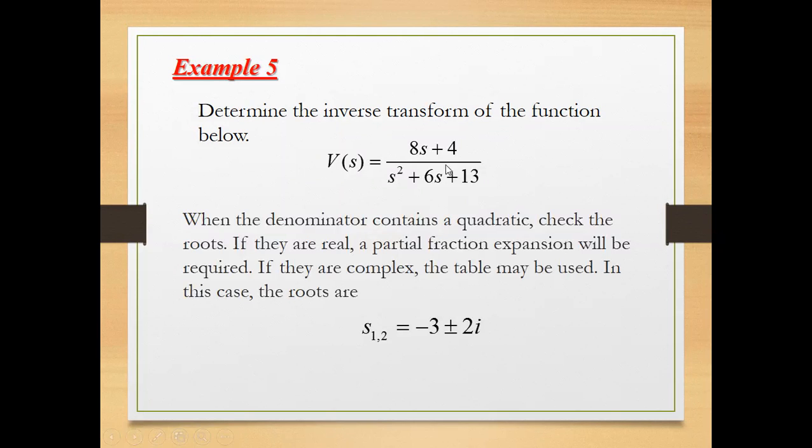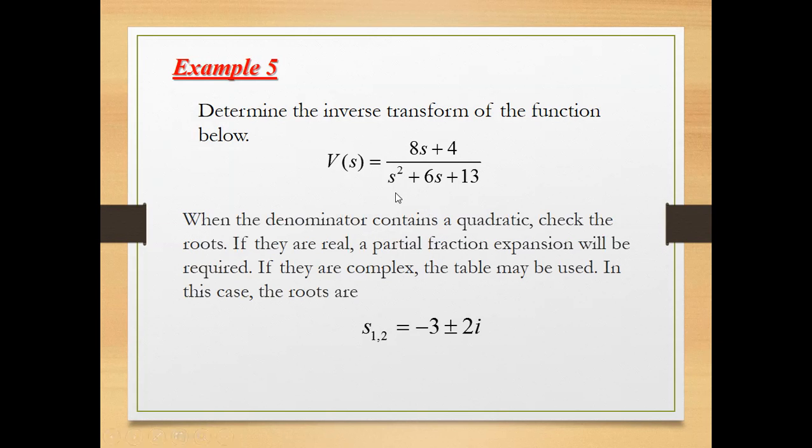So the big problem now is when your denominator is in the expanded quadratic form. This is what I mean by expanded quadratic form. In this case, you need to factor this particular denominator by using completing the square, if it is possible. What if it's not possible? Then that would yield the answers that will be presented in the next slide. So this one is actually complex. It's not factorable, unlike, for example, s plus 1 times s plus 2. That's factorable. In this case, it cannot be factored.